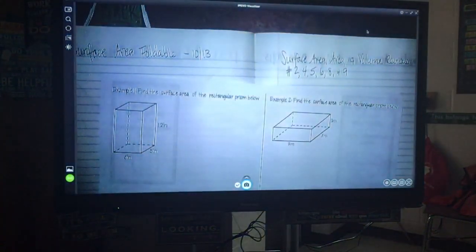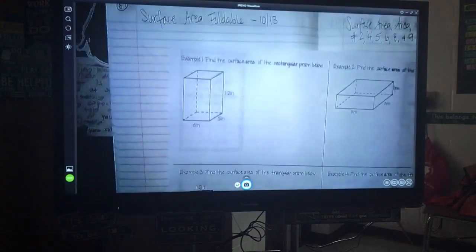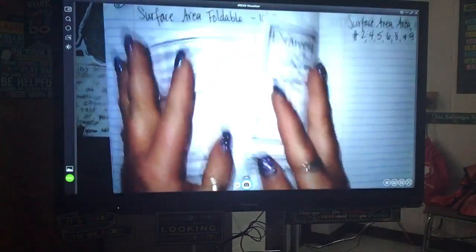Alright, so yesterday, like I said, was our last day of coordinate grid lessons. Doesn't mean it's going away, but we are moving into surface area. This is going to be the next thing that you guys are really going to need to understand and know. And then we're going to be taking our quiz starting possibly Tuesday, but most definitely on Wednesday, and then we have our first 7th grade lesson on Thursday of next week. Okay? Alright, so with your foldable today, you need to fold it in half